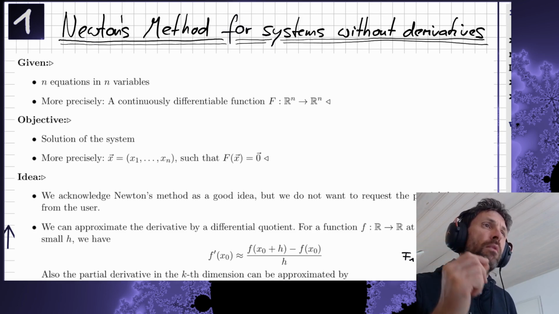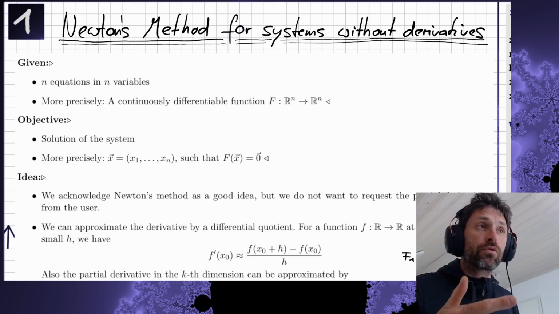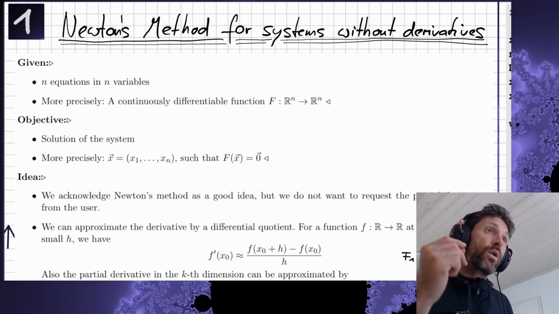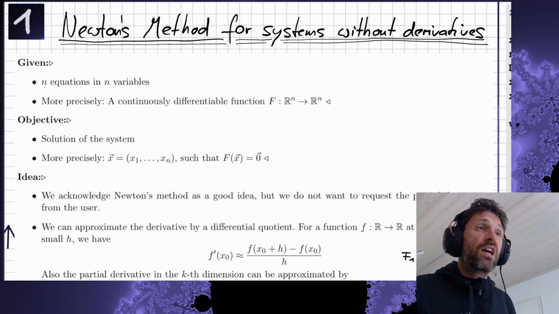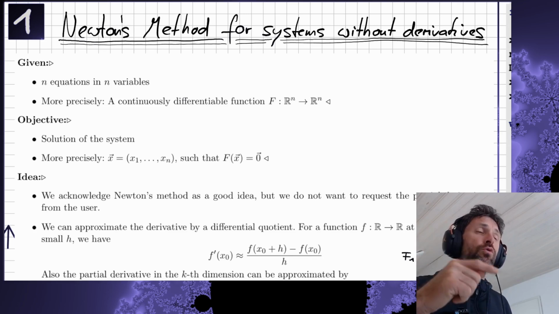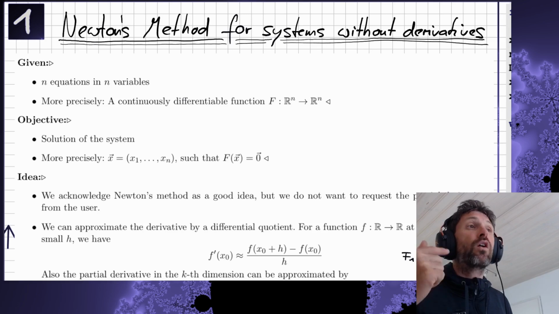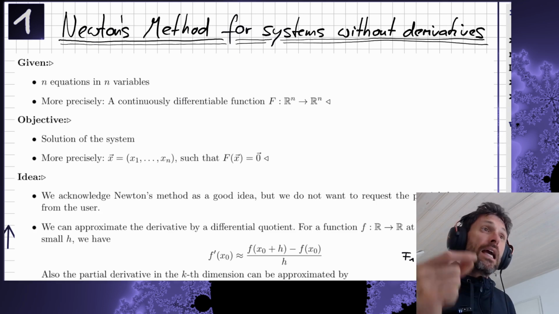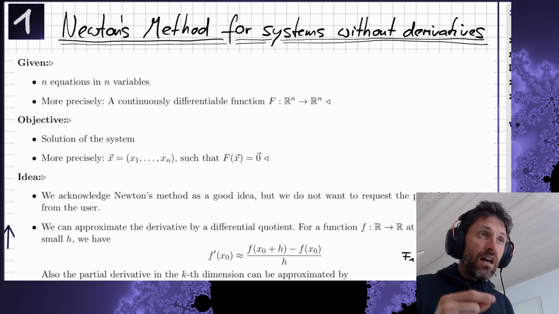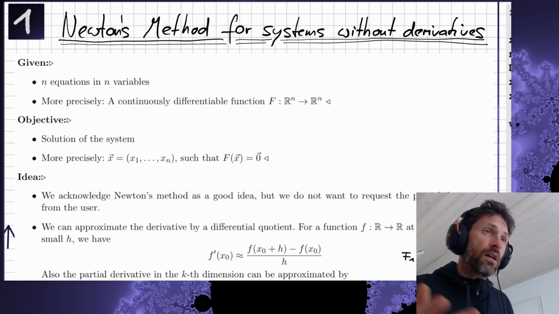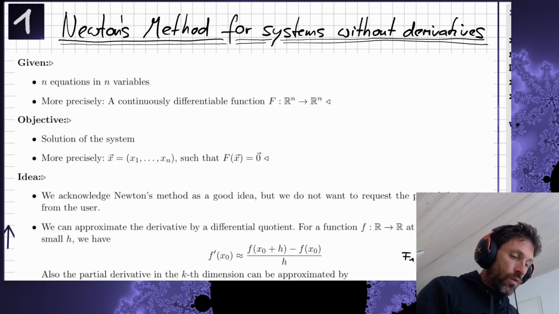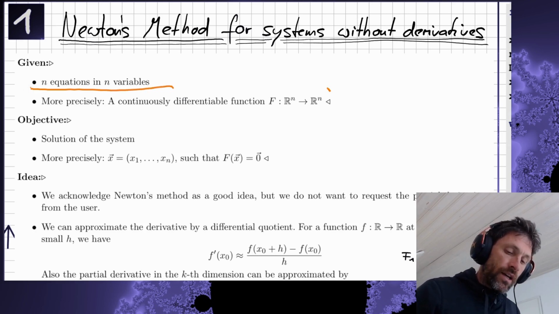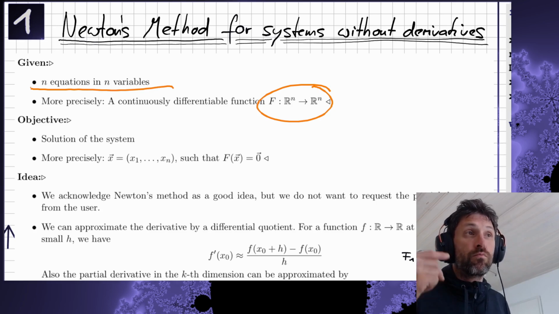The Newton method was more for didactical purpose. For practical purpose, we need something without derivatives. And in this video, I will show you one possibility to avoid derivatives. This is a very simple idea, and more sophisticated ideas will be used in practice, but this algorithm will also work. So we have n equations and n variables, and we can formulate the equations to be a function,